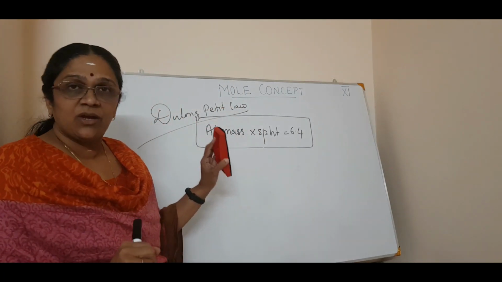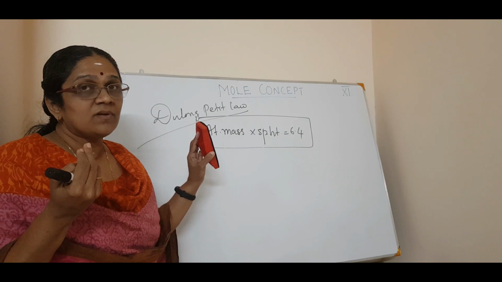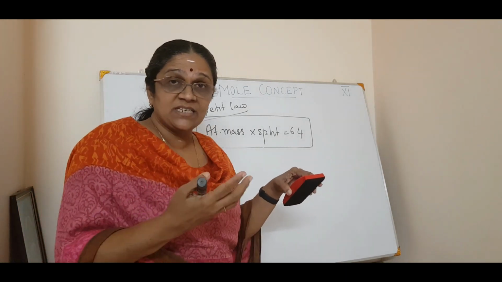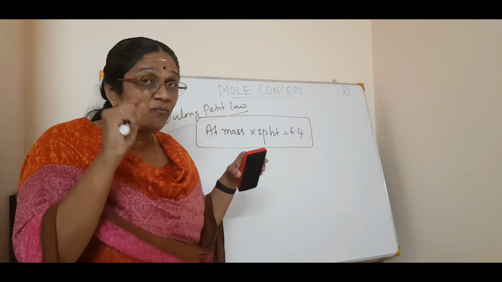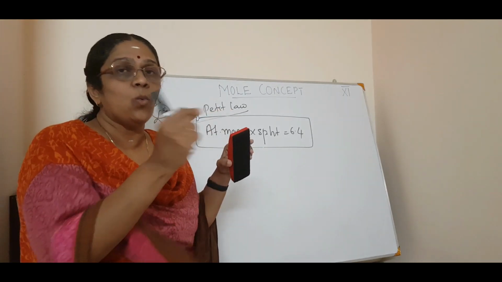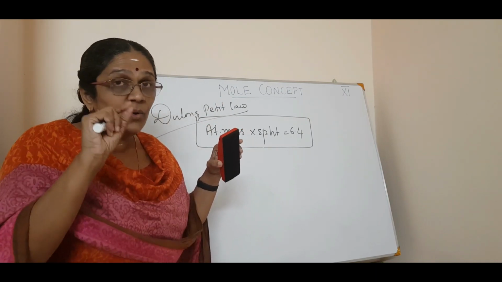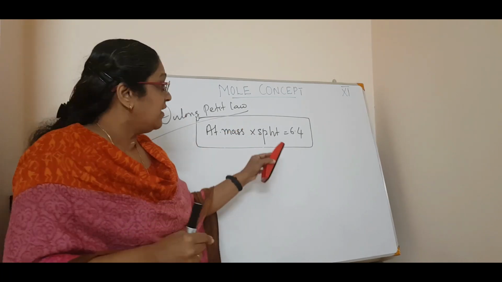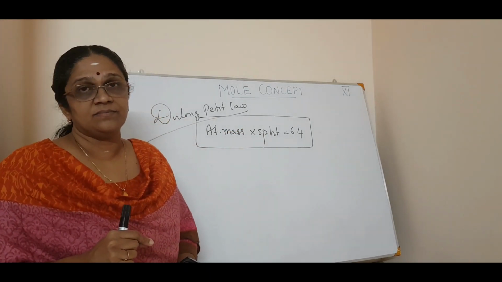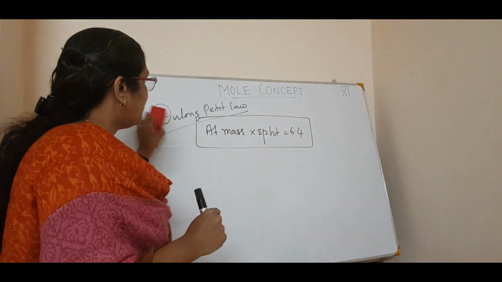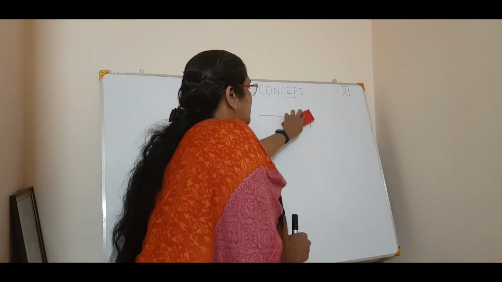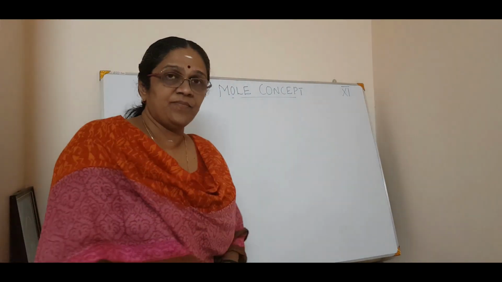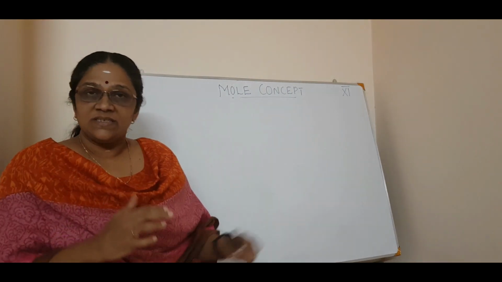So what is specific heat, you know. You have studied all this, but just to recap. Specific heat means the amount of heat energy required to raise the temperature of 1 unit mass of a substance by 1 degree. Isn't it? That is called specific heat. Correct? So that is all about this small concept and the atomic mass. Hope you got the hang of this. Read the textbook thoroughly. Is it clear?